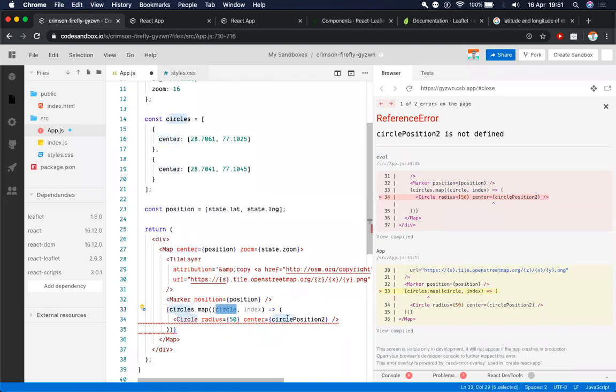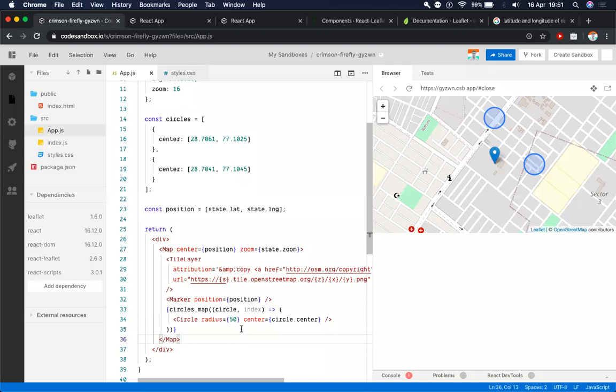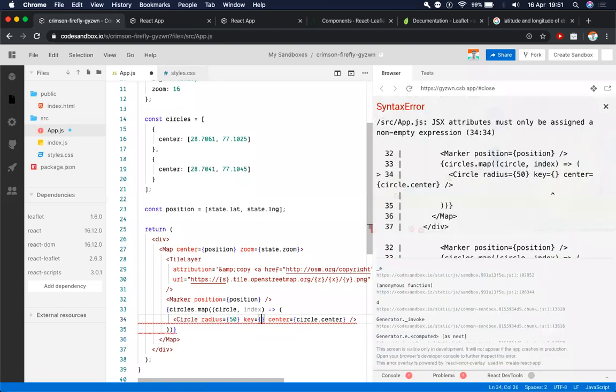So over here for center, we can pass circle dot center, since we are getting the center at each point. And this should, okay, so this didn't give an error. Generally in React, we also have to pass a key to our elements, and that key is a unique identifier for each individual property. So the best way for an array, the unique property is its index. Since this circle is present at the 0th index, we obviously know that no other element can be present at the 0th index. So we pass key as index over here.